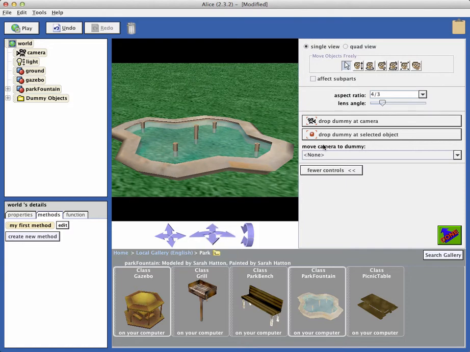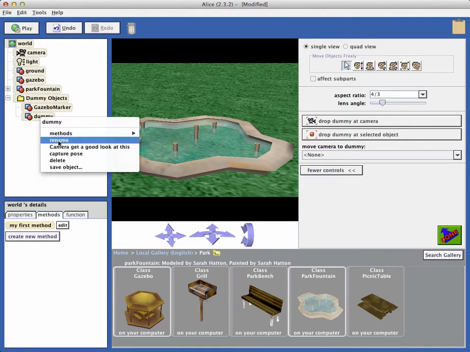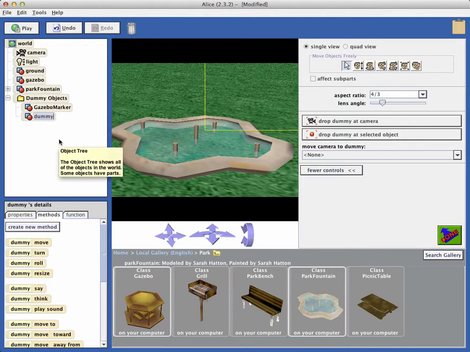And now I'm going to drop a dummy at that position. It again shows up in my dummy objects folder. I'm going to rename that one to fountain marker. And so I now have a gazebo marker and a fountain marker to go along with my gazebo and